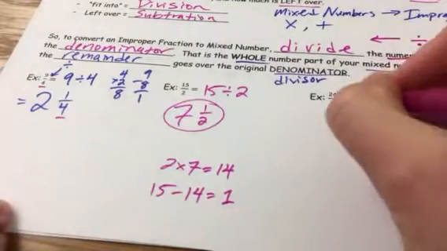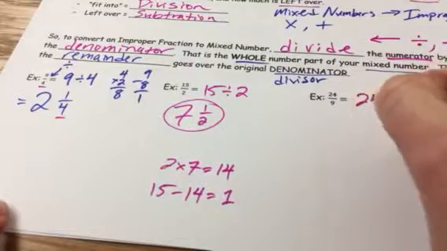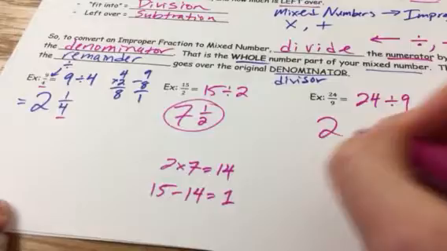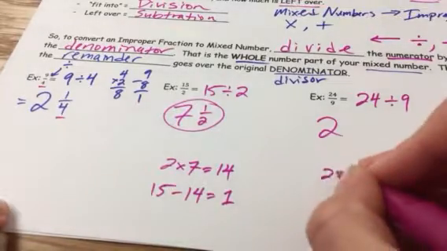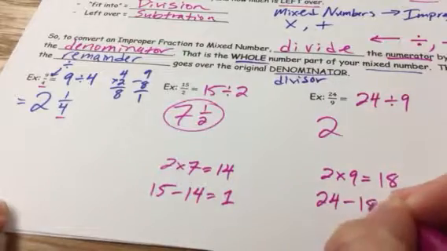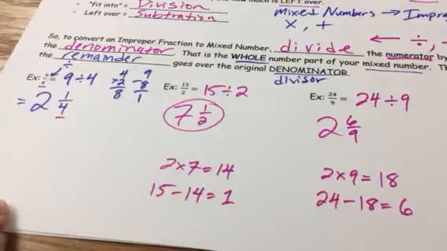24/9. Okay, I need to figure out how many times does 9 go into 24, because this is 24 divided by 9. 9 goes into 24 2 whole times. 2 times 9 is 18. So that means that I have 6 left over. So that will be 2